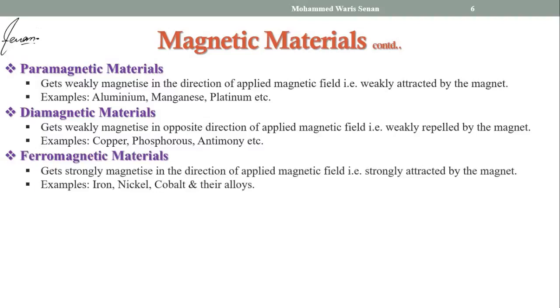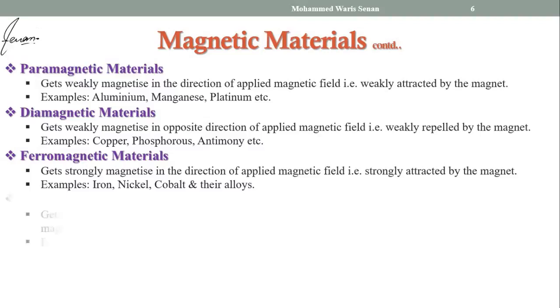Now the next one, which is very important and which we are going to discuss in more detail, is ferromagnetic materials. They get strongly magnetized in the direction of the applied magnetic field. They get attracted towards the magnet. We'll discuss why they get strongly magnetized, and we'll draw the BH curve for this ferromagnetic material also. Some of the examples are iron, nickel, cobalt, and their alloys, like alnico, which is one of the alloys which is